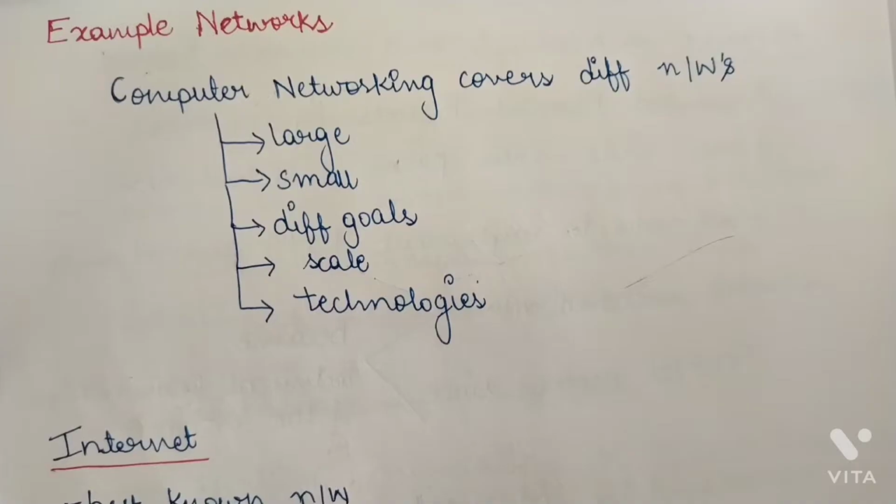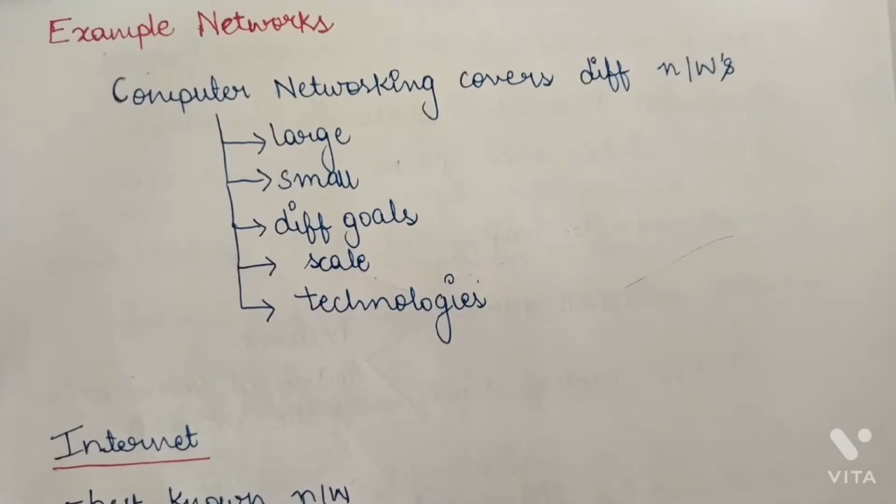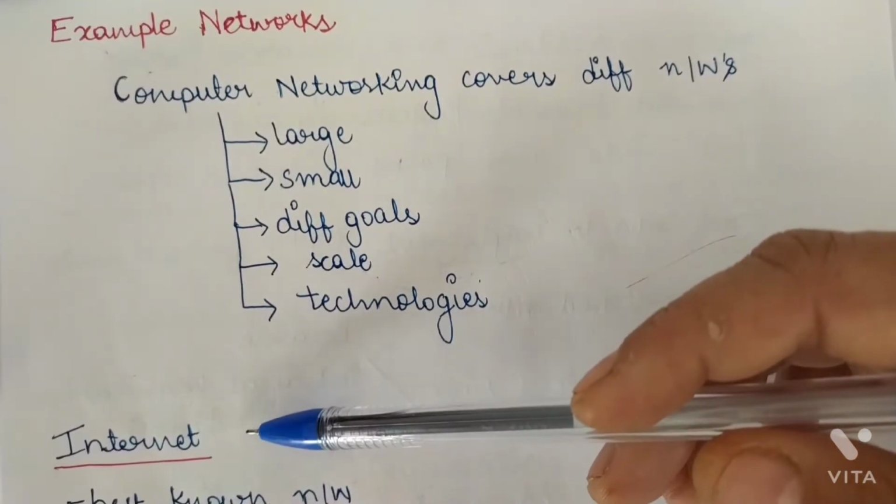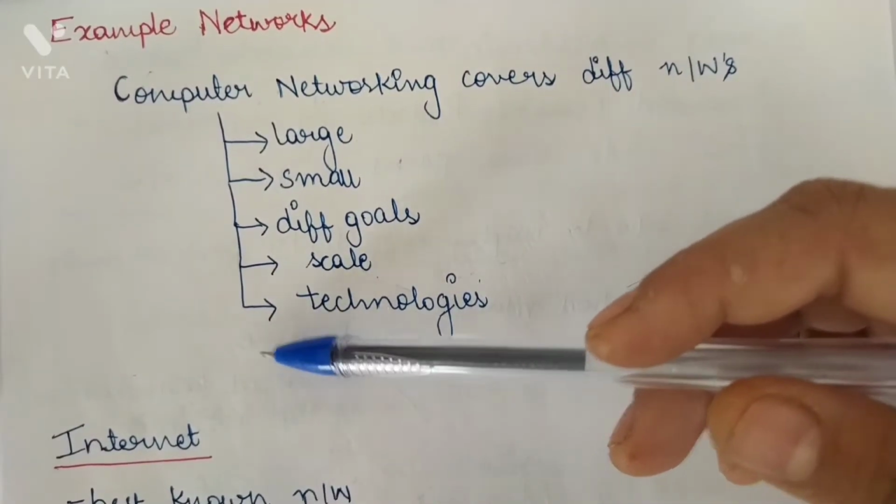Today we are going to study some example networks. We have already studied what a computer network is, and we have studied the architecture of a computer network. We have seen two reference models, the OSI reference model and the TCP/IP reference model. Today we will start with the most important example network, that is the internet, and see how it evolved